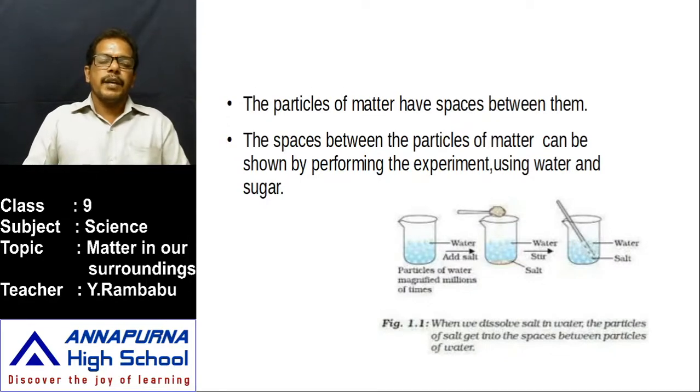First, whenever we take water in the beaker, mark the surface level with a marker or a pen. Add a spoon of sugar or salt and stir well with a glass rod. Again observe the surface level of water. Is there any rise in the volume of that water? No. The surface level of water remains at the same mark. Why? How does it happen? Even though we add a small amount of sugar, there is no rise in volume. What does it indicate? What has happened here?